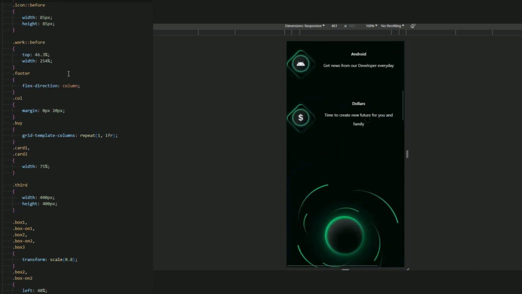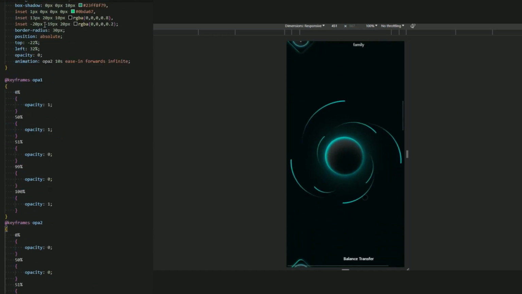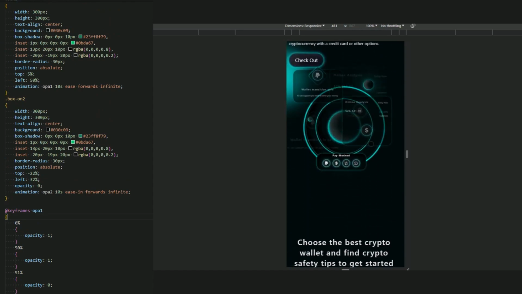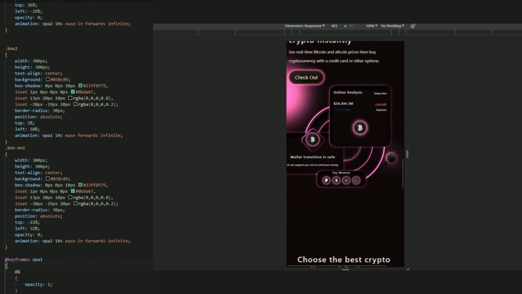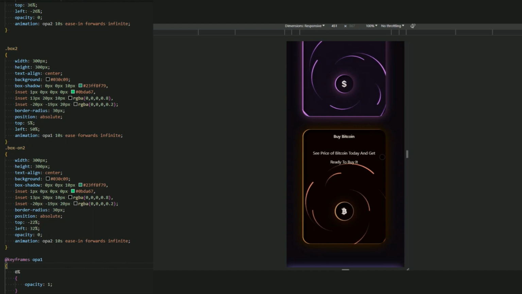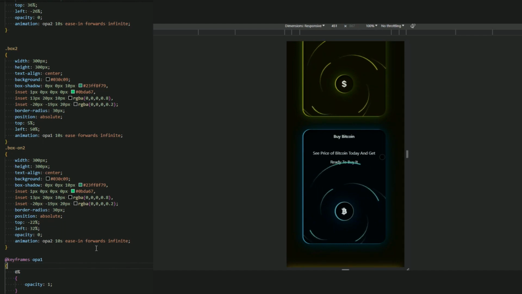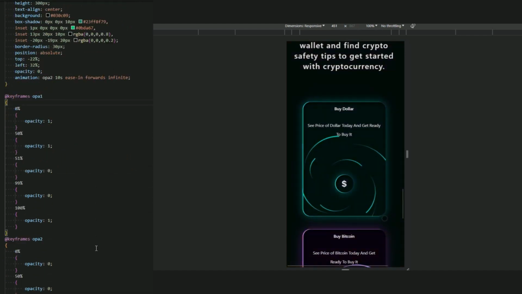And again, I'm sorry for not adding this animation of the OPA and the OPA 2. This is everything you need to know of creating this website, and I know this take too long to create this website, but I think it's worth it to learn something new for the cars animation, for the hover animation, and for this changing the color of the background, and for this box that adding a simple animation of the opacity one, and this for creating this beautiful website.